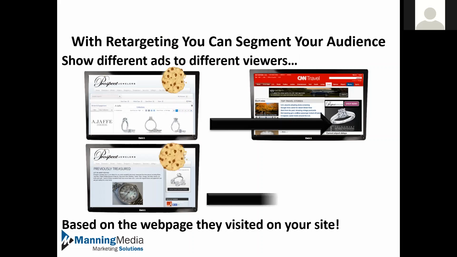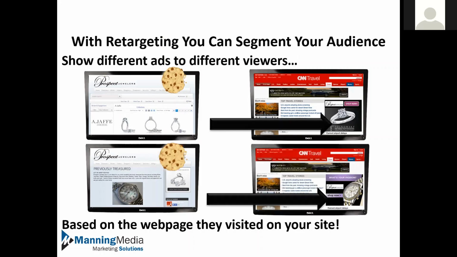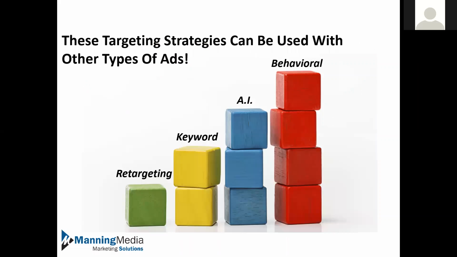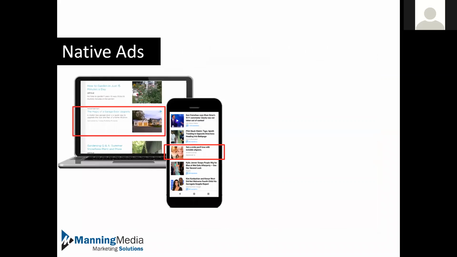Going to drop the cookie, and when we retarget them, going to retarget them with ads for watches. So these particular targeting strategies can be used with other types of ads as well. So again, retargeting, keyword, AI, behavioral, all of those can be used with other types of ad delivery, including native